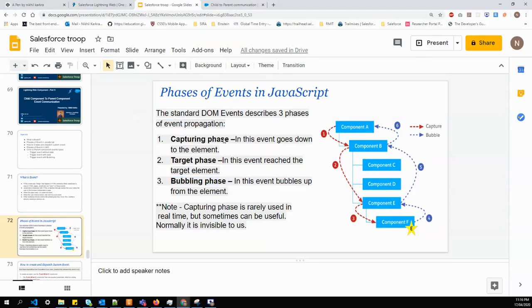First, capturing phase. In this, event goes down to an element.